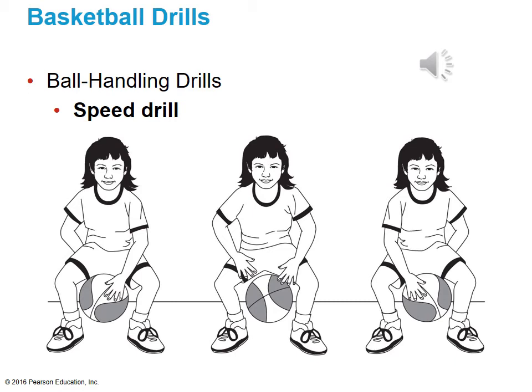We did ball handling drills where we went around the body, the different parts of the body: waist, head, triple play. We did the figure eight. You had speed drills, all different types of ball handling drills to help the students. But notice where their eyes are. Look how they're looking up. Remember, that's an emphasis that you want to eventually have the students do, to do these ball handling drills eventually with their eyes up.